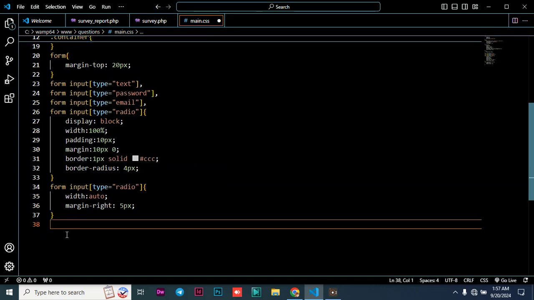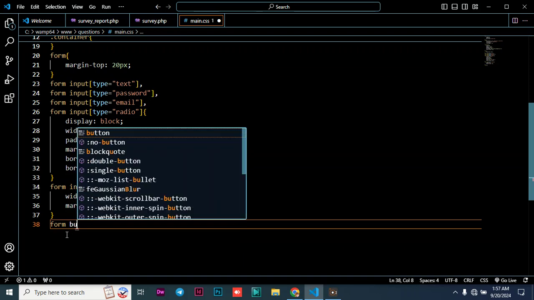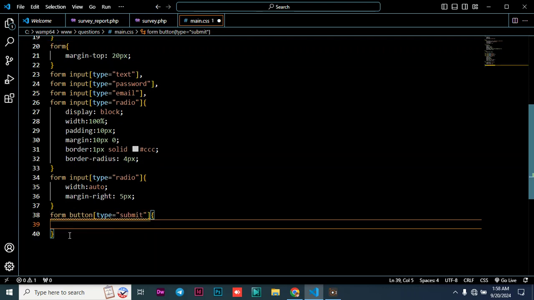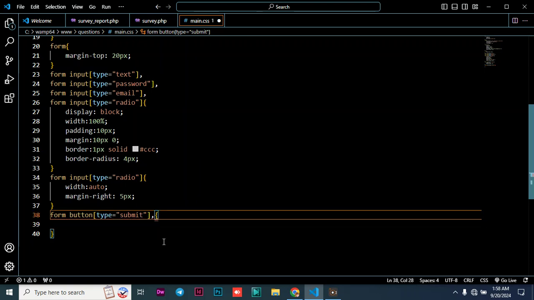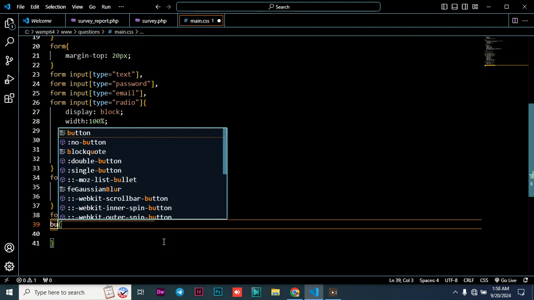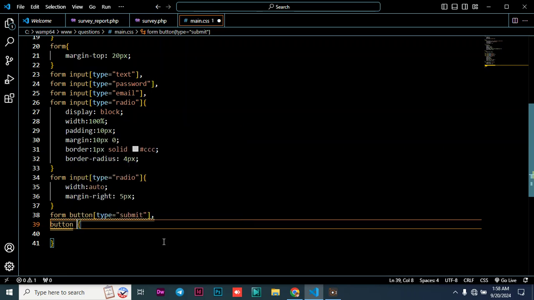Then we move further, we go to form button. So we need to also style the form button, and the form button type is equal to, in brackets, submit, in quotes submit. And before that we just need to put a comma here, then you press enter. We want to add another one, another button you're going to style, the button for hash add